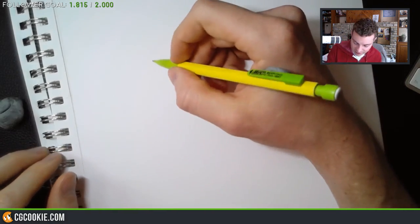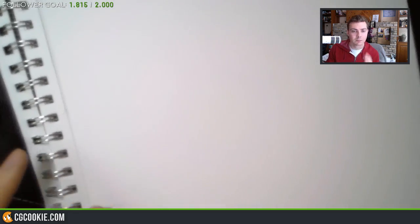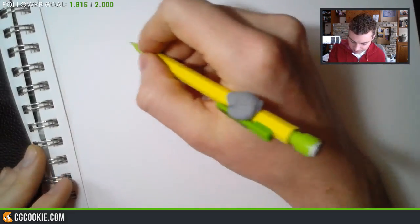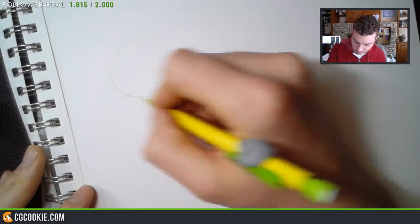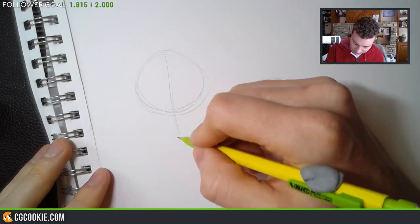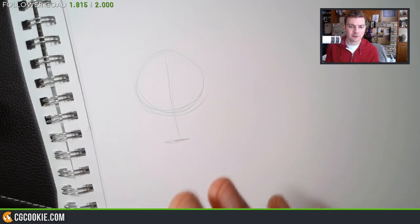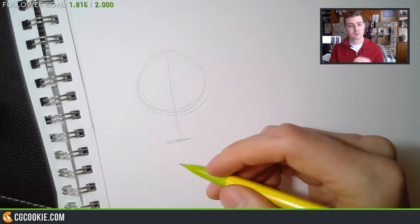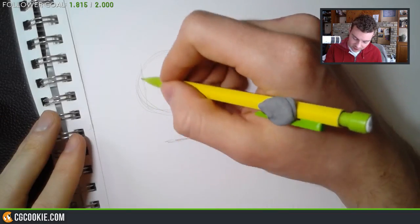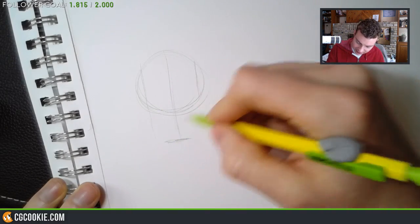Okay, let's go ahead and do this. So when you first get started learning how to draw the head and doing it in proportion, this is usually what you learn. You draw a circle, you extend it down, and essentially you create a chin line. Now, there's a lot of different ways to getting to here. There are so many artists that will say, well, it's not a perfect circle. Usually you have to cut the sides off because our head isn't a perfect circle. It's actually more flat on the sides, which is correct. But then to get down here,